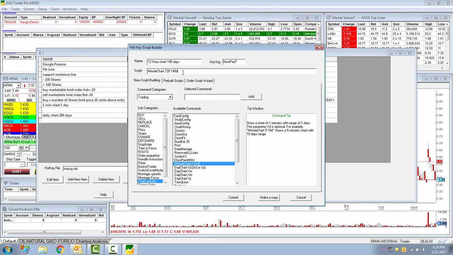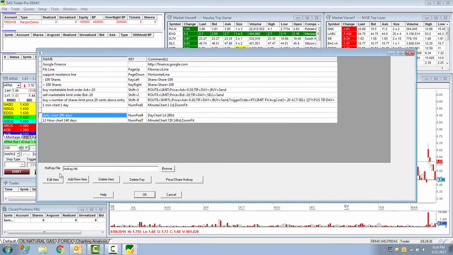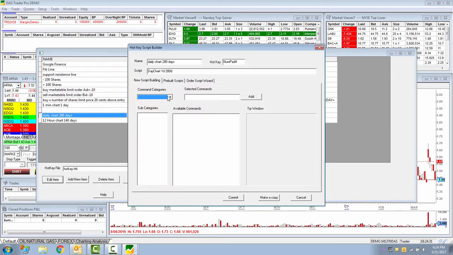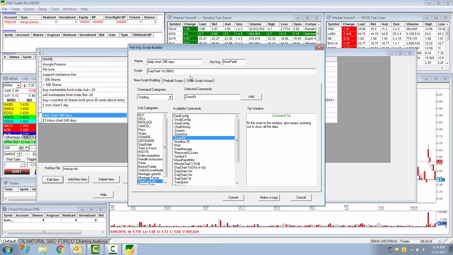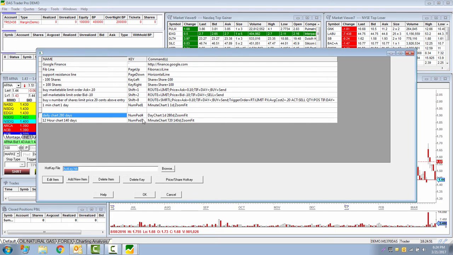Before I click commit, I'm going to place my cursor towards the end of this script, and I'm going to go to zoom fit while I'm here, while I still remember it, and then click commit. I'm going to do the same thing for this daily while I'm here. I'm going to place my cursor first there before adding, and then click add, and it'll add the semicolon there, and then zoom fit. Okay, and then click commit. Okay, so we've got 4 and 7. Let's go on to 1, and let's do